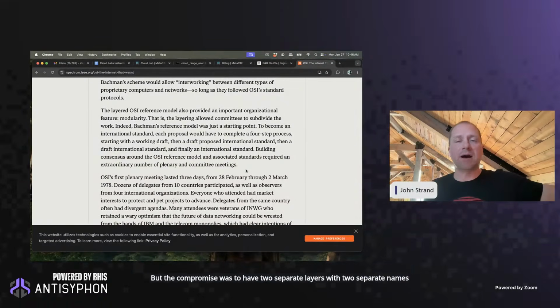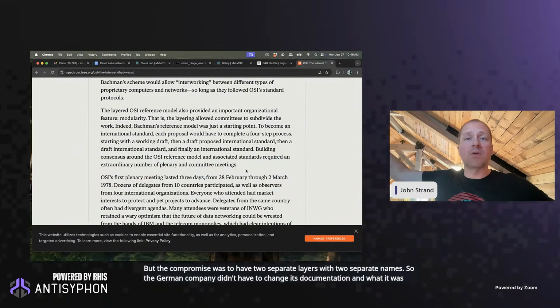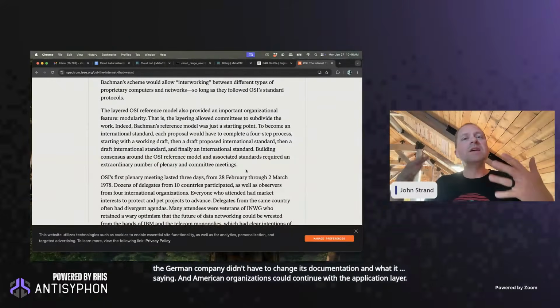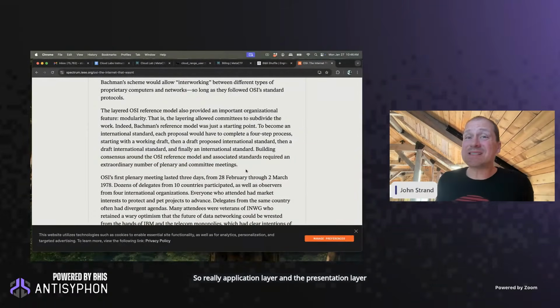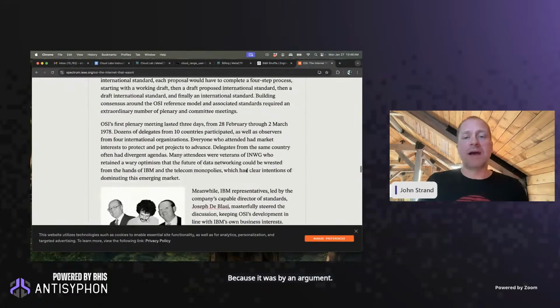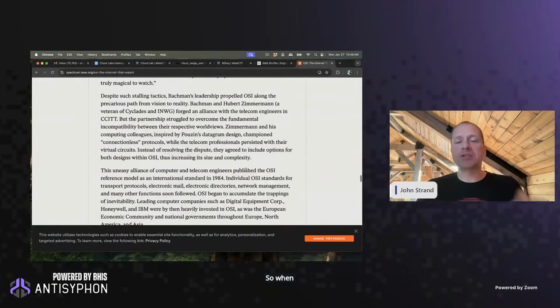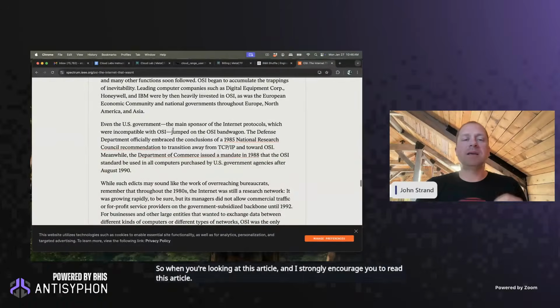So the German company didn't have to change its documentation and what it was saying, and American organizations could continue with the application layer. So really, application layer and the presentation layer are kind of the same thing, because it was by an argument on how that would actually be settled, right? So when you're looking at this article, and I strongly encourage you to read this article, because in here, even the United States